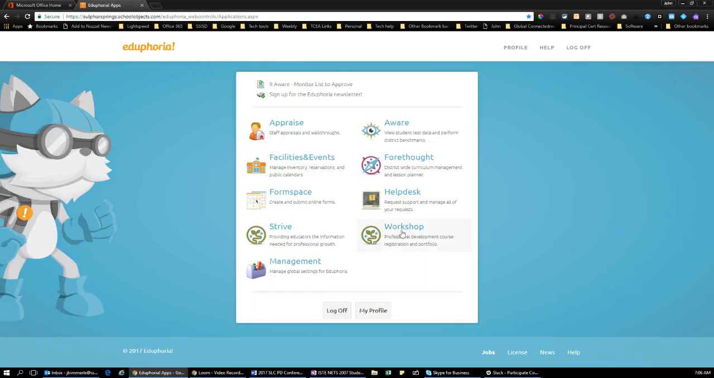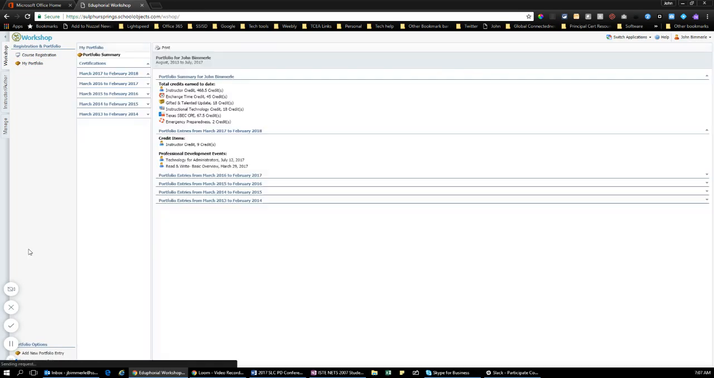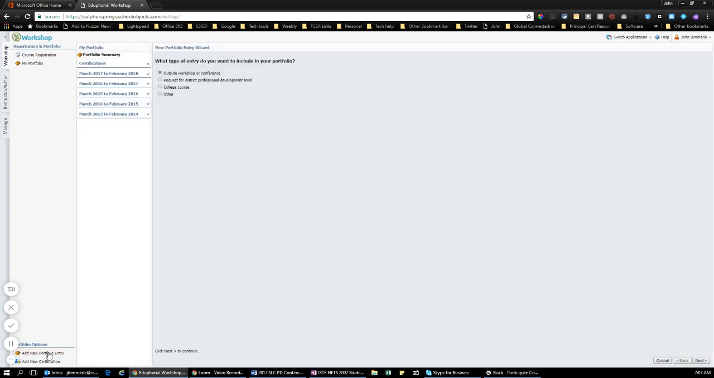Then you're going to go to Workshop. Yours will look just a little bit different than mine, possibly because of different permissions, but you'll click on Workshop up here in the upper left corner. You're going to click on My Portfolio. And then down here at the bottom where it says Add New Portfolio Entry, here is where most of the